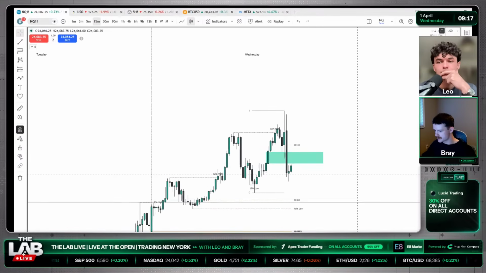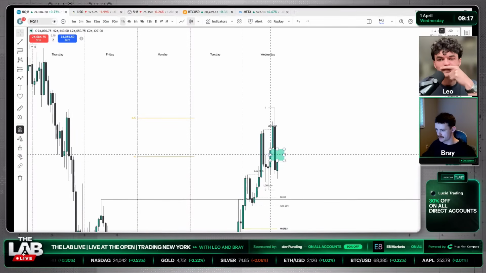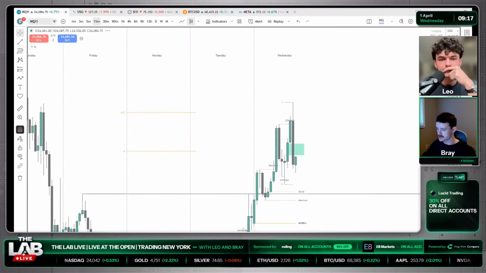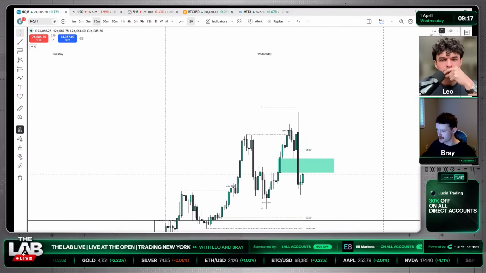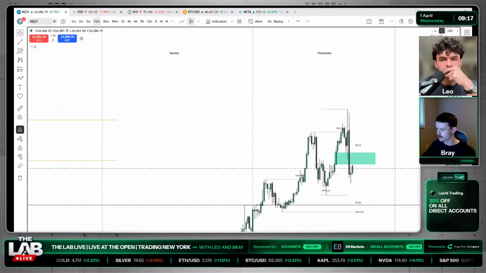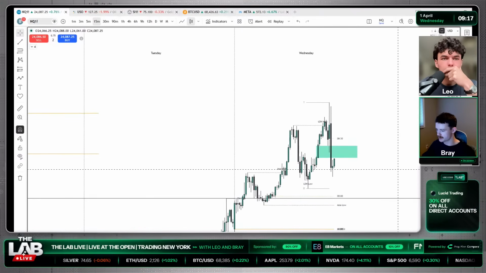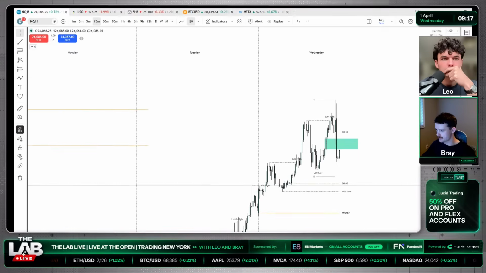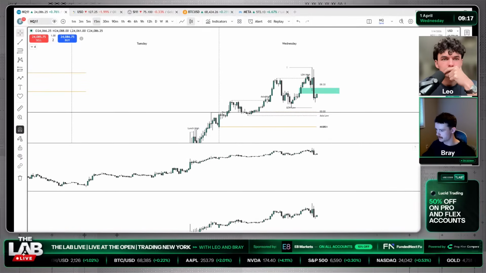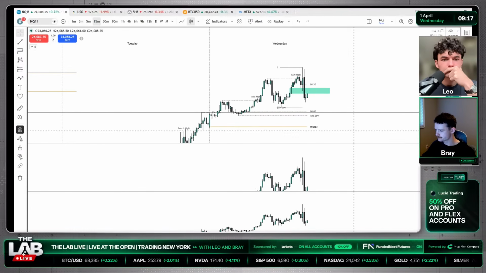I am not seeing a ton. I like that we have this hourly changes data delivery and the IFVG as well. I just need some sort of SMT as part of my triggers for entry. Once we see that SMT, I would then go down to a lower time frame and start looking for confirmation entries on the low time frame. But as it stands right now, I don't have a way of engaging at the moment.